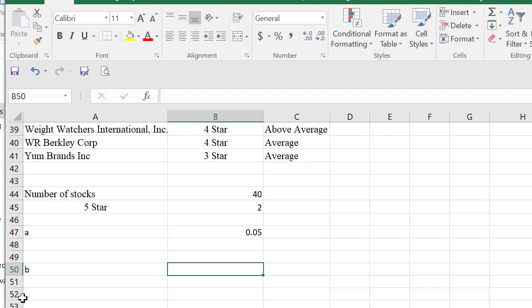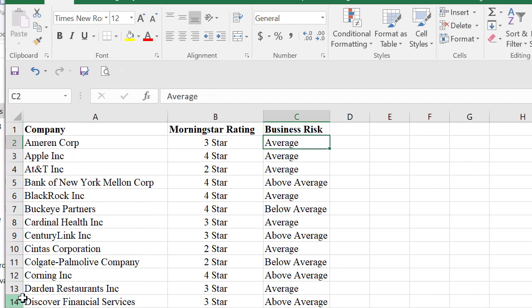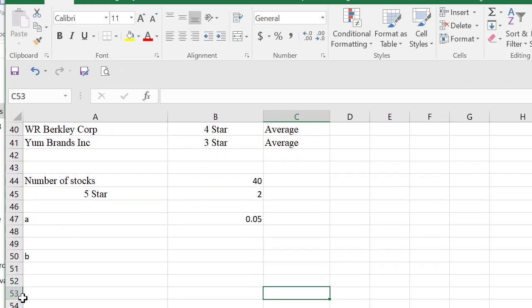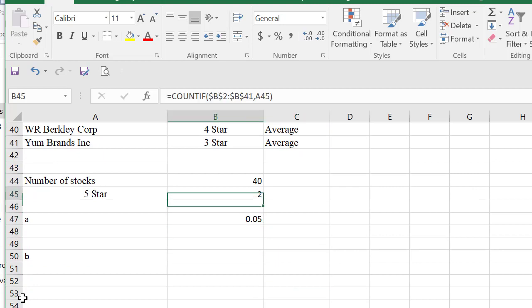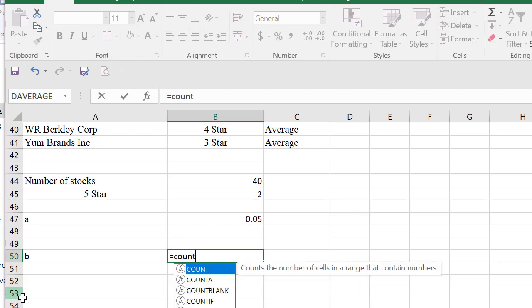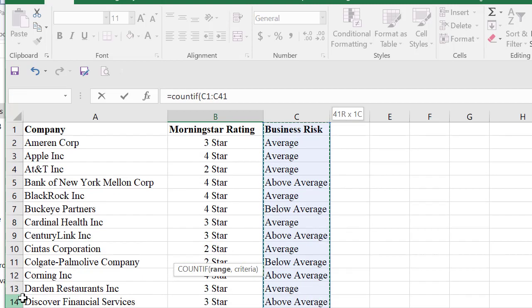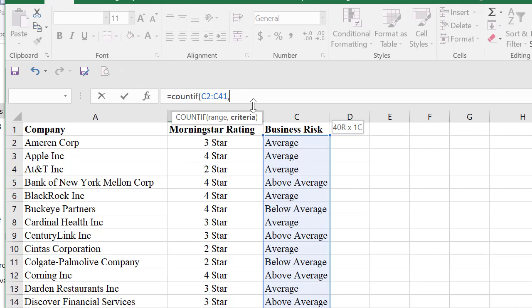So what do we need for above average? We see right here in this column, we've got business risk, so we really want the above average. So what we'll need here is, I'll copy this down, and that's not going to work. So we'll just build our formula. So we're going to do a COUNTIF. The range we're going to use starts right here, goes to the top, and we're looking for,